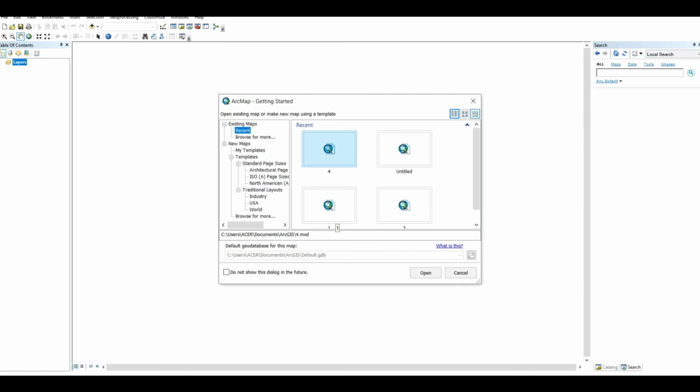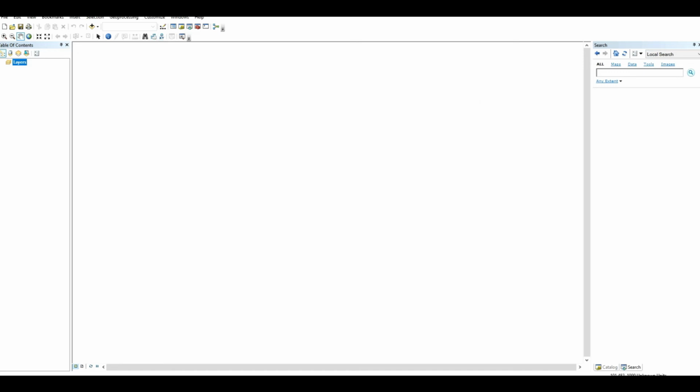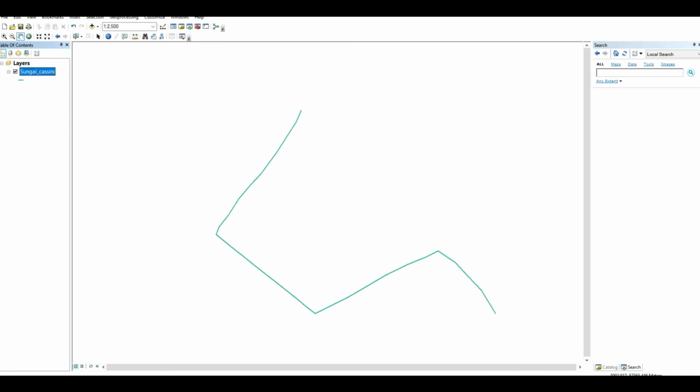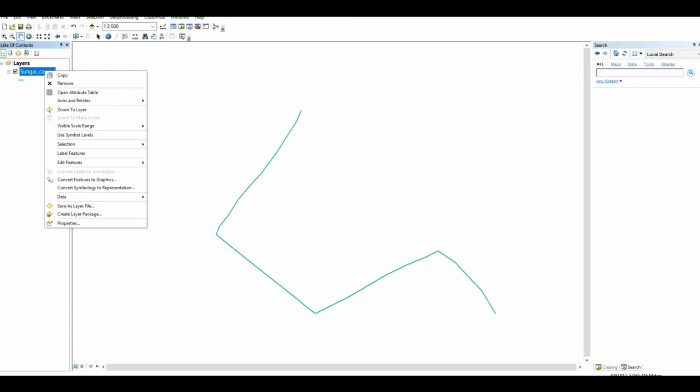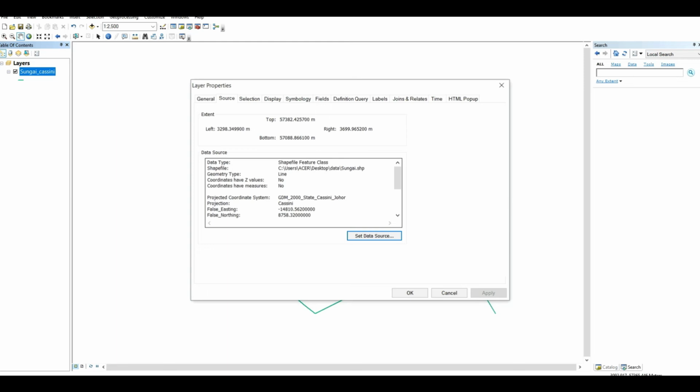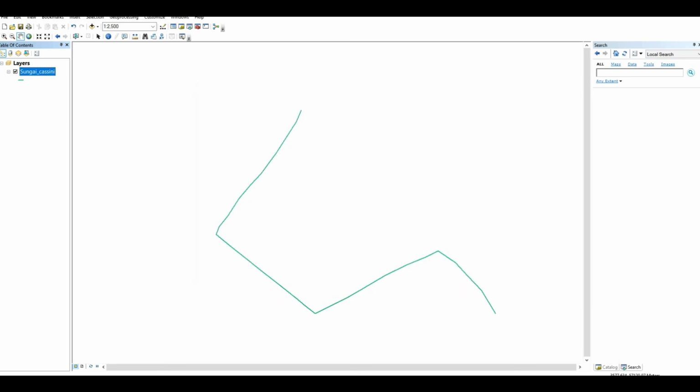First, we simply add the data to the layer. The data that I chose is Sungai Cassini. We simply add it and the data will appear in the data view. So we're going to look at the properties. As you can see here, it is GDM 2000 State Cassini Johor. So we just proceed to the next step. Just click OK